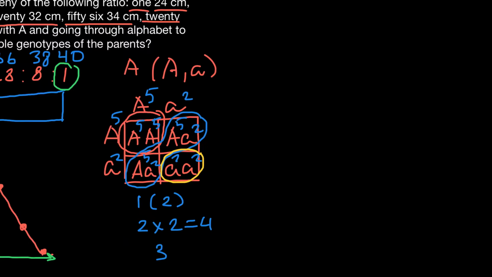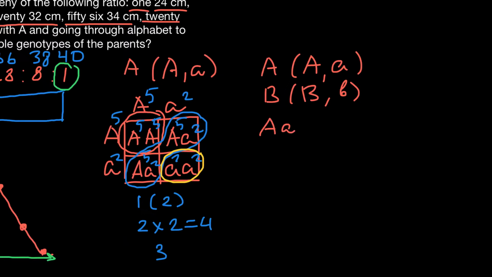So now let's try a variant with 2 genes and 4 alleles. So genes can be A and B. Again, gene A can give us 2 alleles, dominant and recessive. Gene B also can give us 2 alleles, dominant and recessive. So let's say one parent is going to be heterozygous for both genes, so capital A small a, capital B small b. We cross with another parent